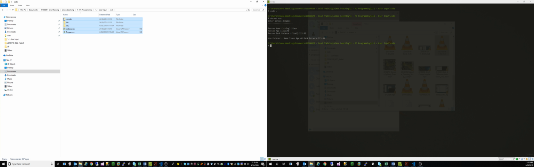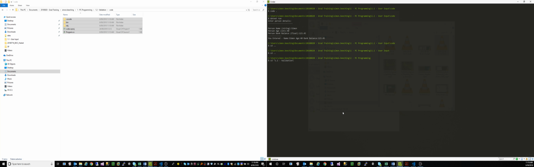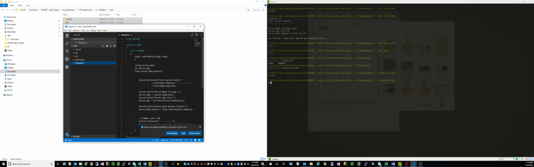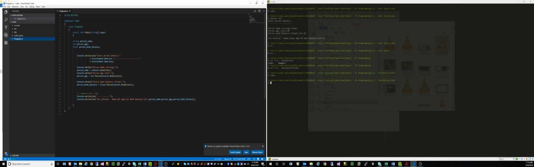So what I would suggest doing is going to 1.1, copy your code from task 1.1 into the code folder for 1.2, change directories to 1.2 and the code directory, and in this case we want to say code, and we want to open Visual Studio in this folder. So we should now have our code from program 1.1, and we want to make some